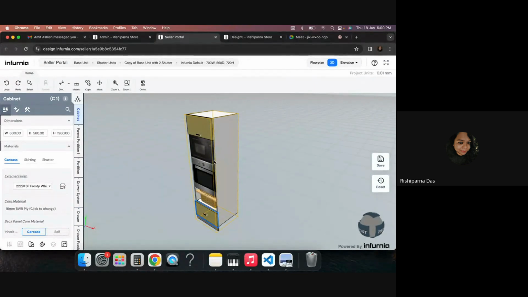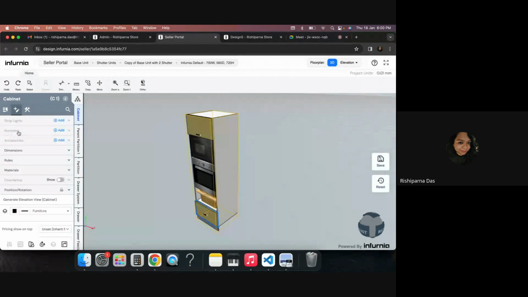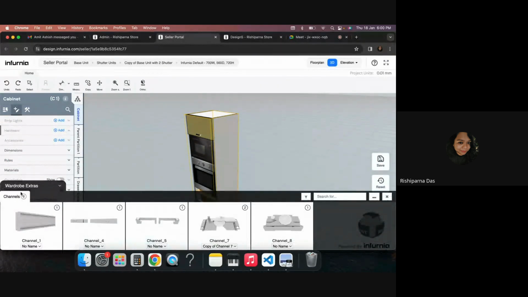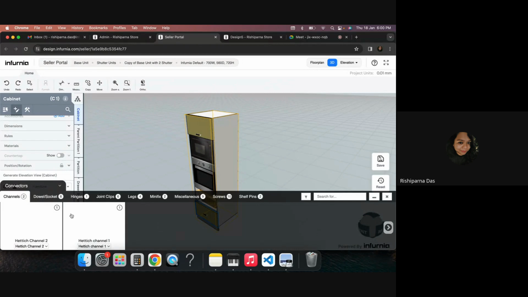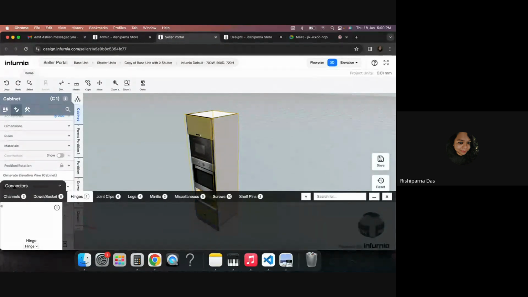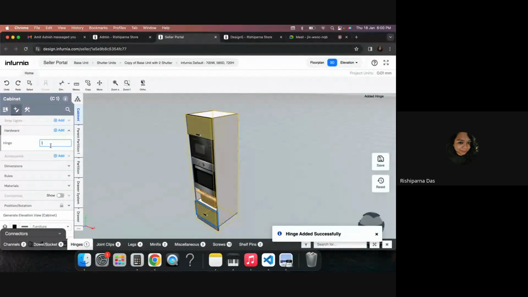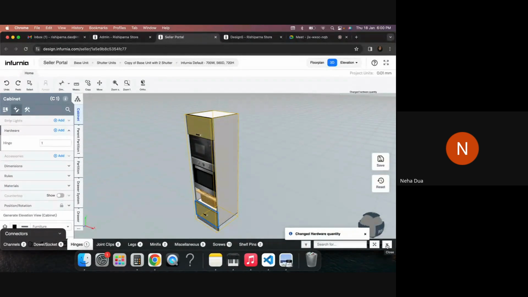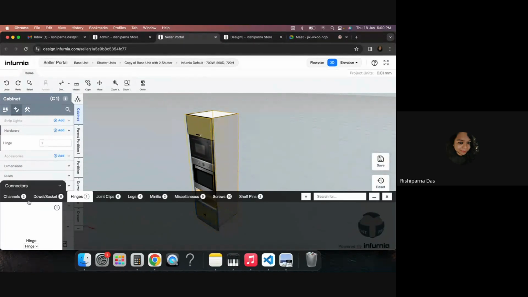आपने अप्लायंसेस का भी पूछा था, बट आई थिंक वी हैड ऑलरेडी क्लैरिफाइड दैट। और जो आप बोले ना हिंज लगाने का, हिंज लगाना चाहते हैं तो आप कैबिनेट में यहाँ पे हार्डवेयर ऑप्शन आता है। आप जितना भी हिंज चैनल जो भी लगाना चाहते हैं, कनेक्टर सेट्स जो भी है आपका, हिंज डबल मिनी फिक्स, यहाँ पे अपने कैटलॉग अपलोड करेंगे तो आप जितने भी, लेट्स से मैं हिंज लगा रही हूँ इसमें, तो हिंज लग जाएगा, और यहाँ पे जितना भी हिंज लगाना है आपको वहां पे आप नंबर कर सकते हैं। जो भी लगाना हो अपने कैटलॉग में आप अपलोड करके आप ऐड करते जा सकते हैं। ठीक है, थैंक यू।